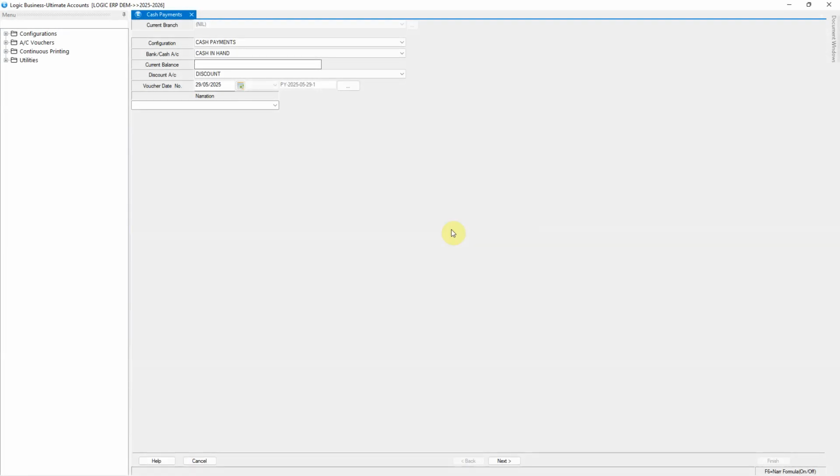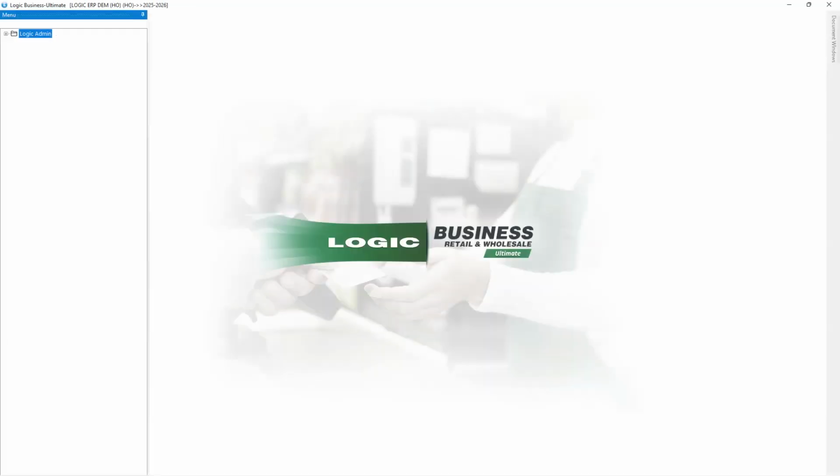In this video, we will discuss an option that allows narration entries to be accepted only in uppercase while making account entries. By default, narration can be entered in both uppercase and lowercase, as shown. However, if you want to prevent users from entering narration in lowercase, you can enable a specific setting in the